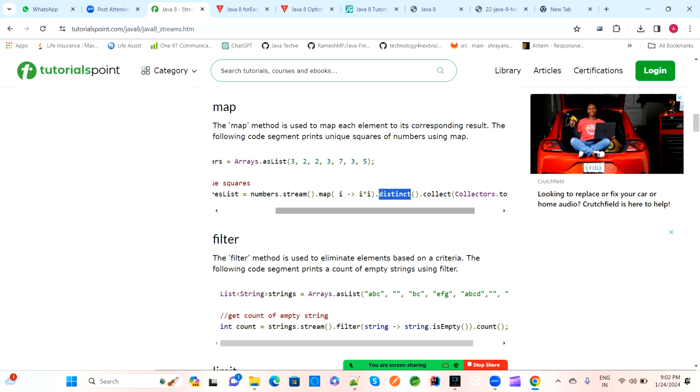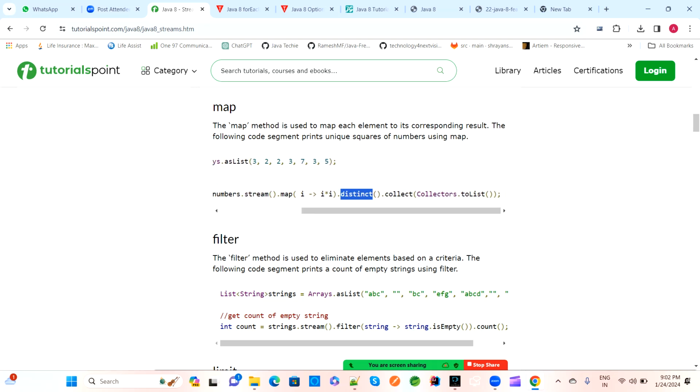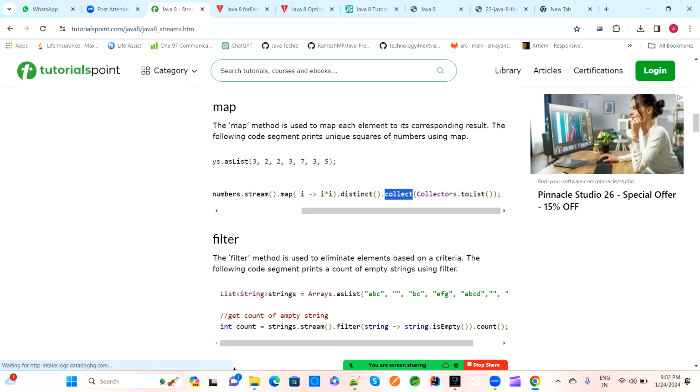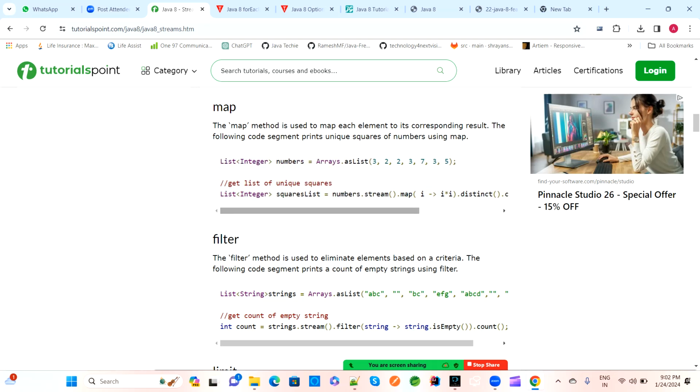So distinct, and now whatever all this square distinct square will come, we need to collect. So we have collectors, through that we can collect, and to list I want to print. So we have to list. If you want unique data, then you have set. So distinct also we can have unique data, or if you want to remove distinct, you can make it toSet also. So set will have unique